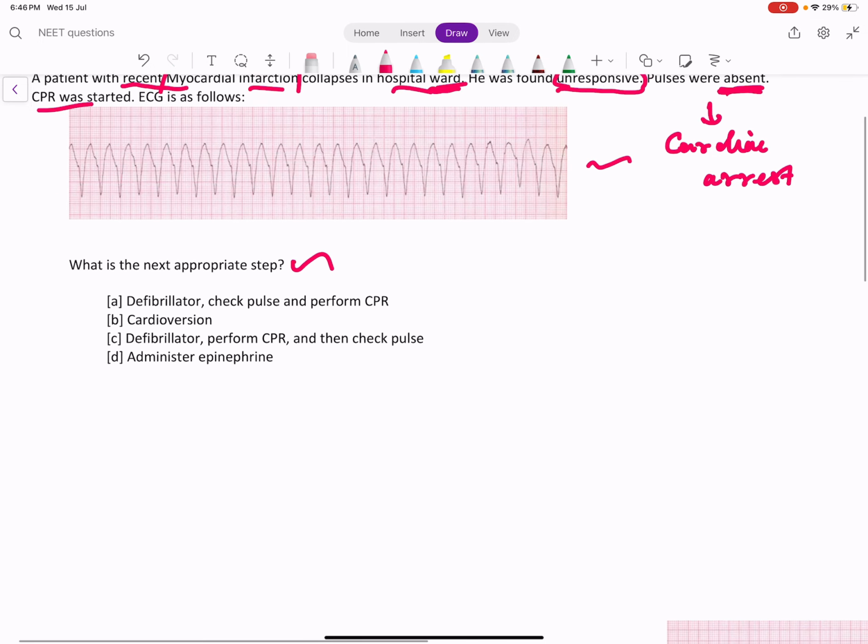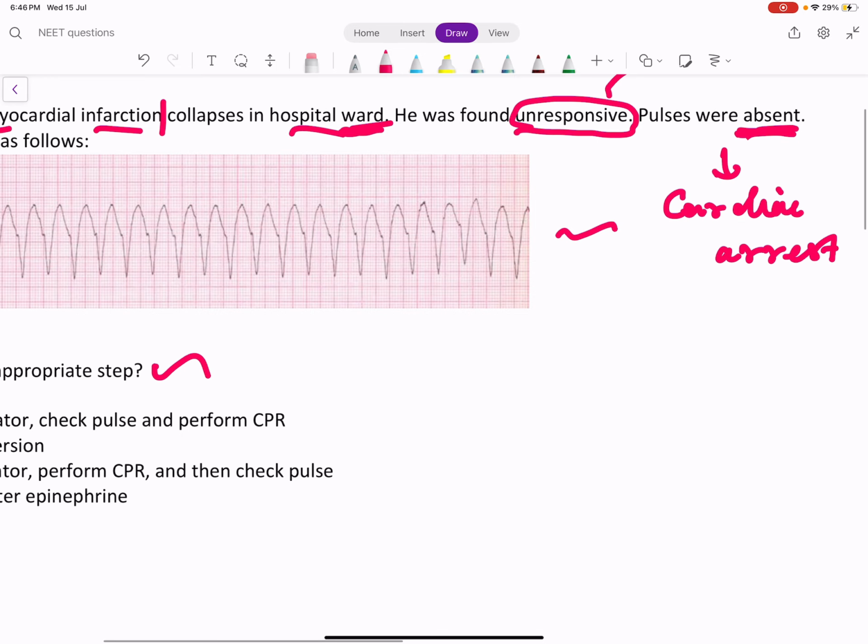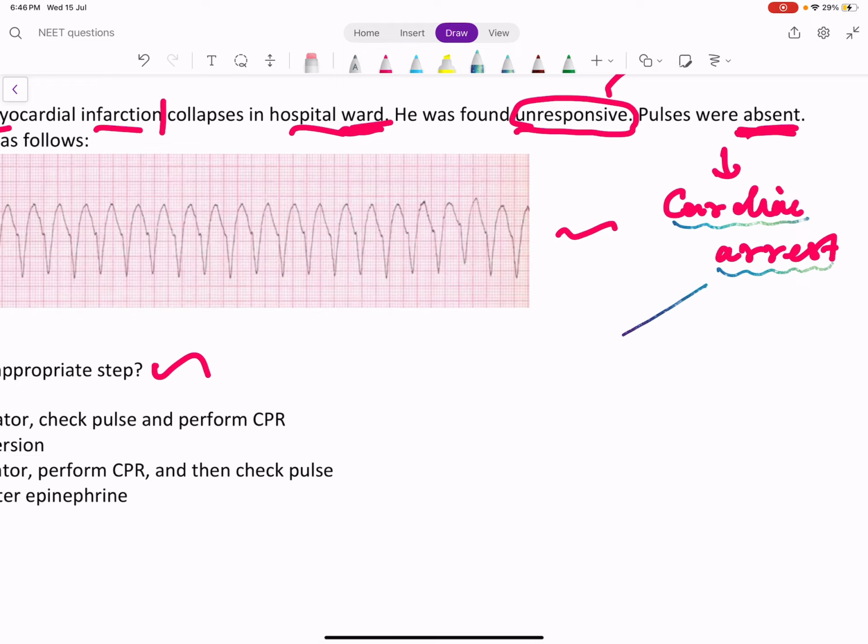Whenever it is cardiac arrest, you need not worry about ECGs, because in our previous questions we had discussed the different rhythms: narrow complex rhythms and wide complex rhythms, tachycardia rhythms and bradycardia rhythms. But if it is a case of cardiac arrest, you need not worry much. In fact, even if you are not going to pursue medicine in future, you must know the 4 cardiac arrest rhythms. The 4 cardiac arrest rhythms are classified into